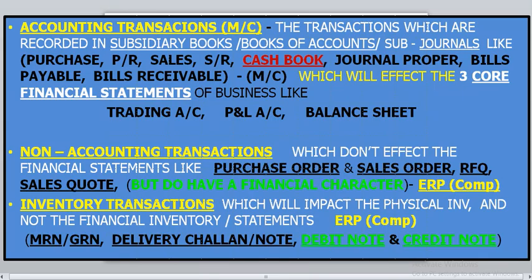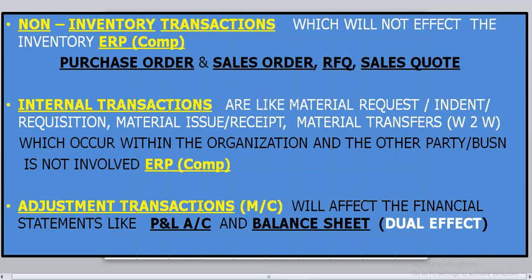And the other activities are non-inventory transactions. It is very clear and self-explanatory that in non-inventory transactions the inventory will not be affected. Purchase order and sales order, request for quote and sales quote are the examples of non-inventory transactions. And the fifth one is